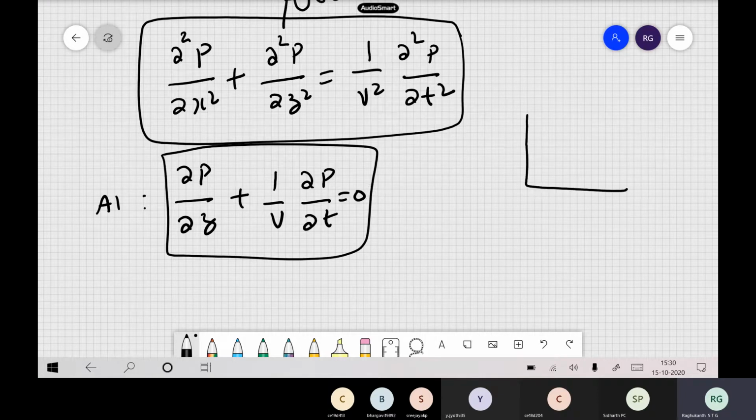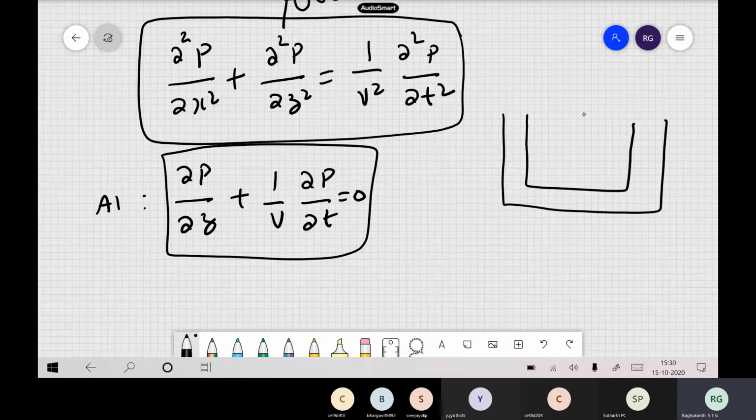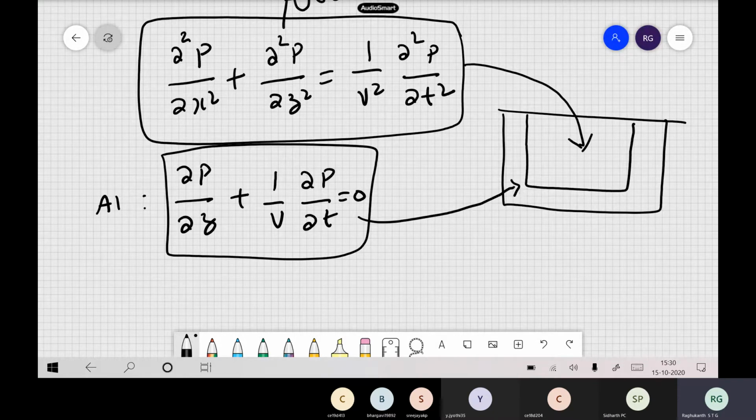When you have this type of boundary, the equation of motion is this in the original domain, whereas in this region this is the equation you have to solve. Both equations you can represent in terms of the finite difference approach: ∂p/∂z and ∂p/∂t, you do as finite difference calculations. At this boundary, this is my real medium, so when I go to this medium, the finite difference equation of this has to be used in this region, whereas here you use the original equation itself.